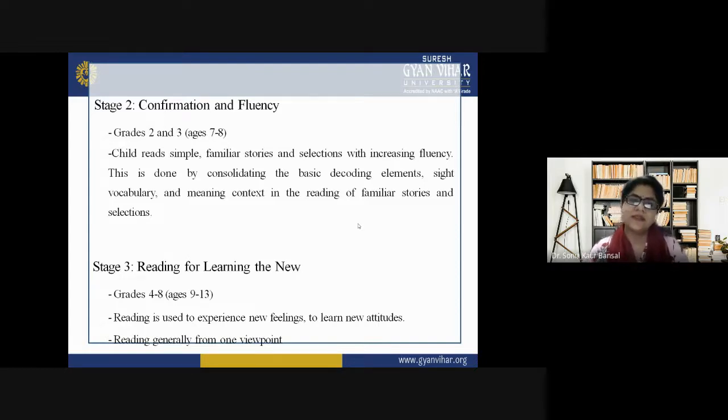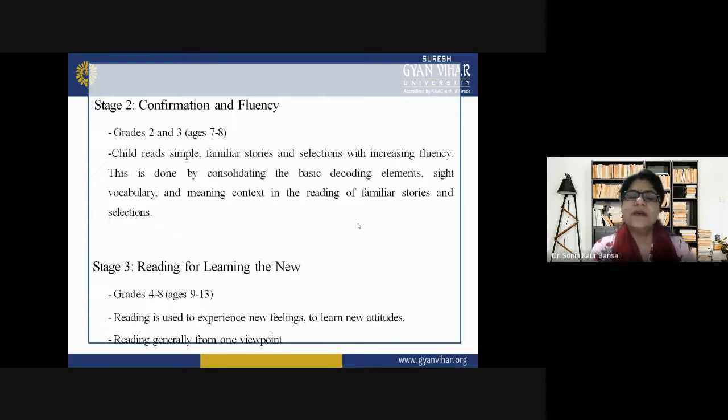So in this stage 2, the child reads simple, familiar stories and selections with increasing fluency. This is done by consolidating the basic decoding elements, sight vocabulary, and meaning context in the reading of familiar stories and selections. Then now comes stage 3, reading for learning the new. Grades 4 to 8, classes 4th to 8th are involved in this stage, and the age group is 9 to